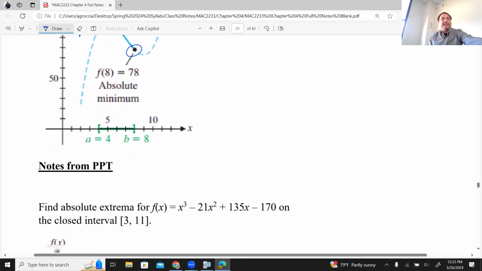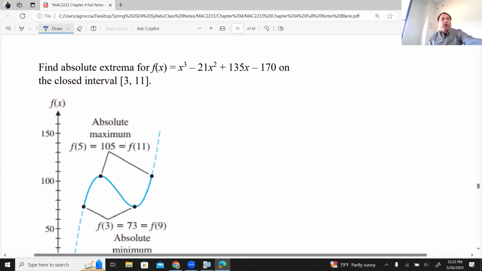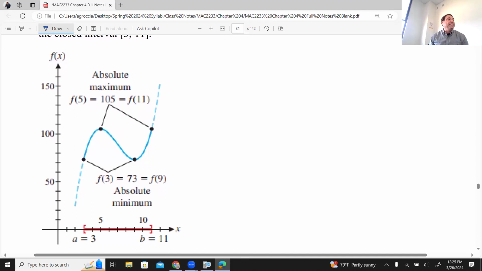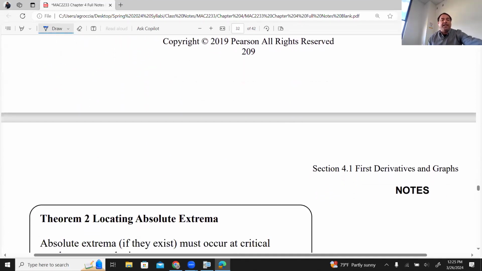But the question I was asked was, can you have more than one? And the answer is yes. If you have 2 points and they're both the highest, you can have more than one absolute max, and you can have more than one absolute min. But again, they both need to be the highest. They both need to be the lowest. So you can have more than one. Okay? All of that to say,